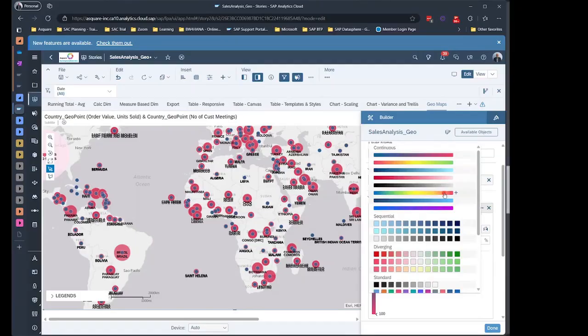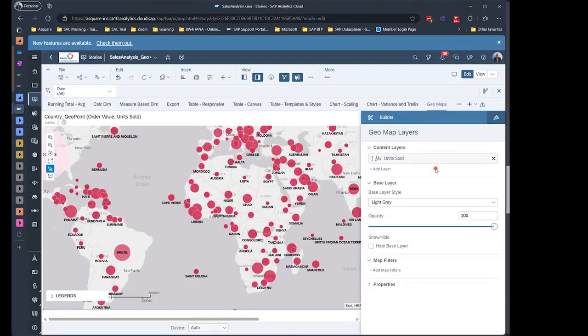Opacity and all those things you can choose. So you can have multiple layers also, right? So right now I will remove the second layer, and I'll just keep one which is a good one. And then another feature I want to show you is the type of the different layers you can have on the content. So here in the units sold, right now the type is bubble,